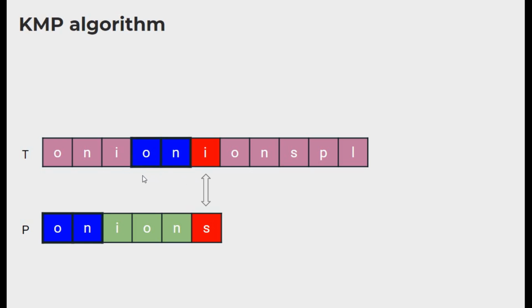We know that the previous 5 characters of the text as well as the pattern match when there is a mismatch in the 6th character of the pattern, right? With this information, just consider this particular substring, the first 5 characters. We know that the exact same 5 characters are present previously in the text, right?